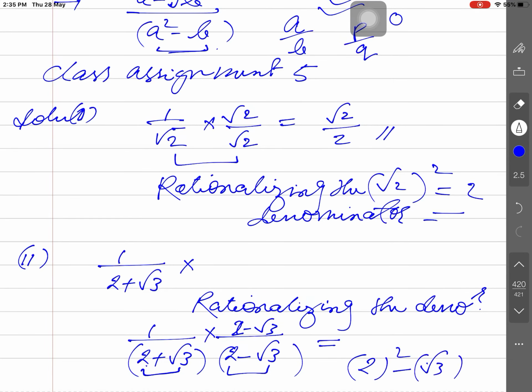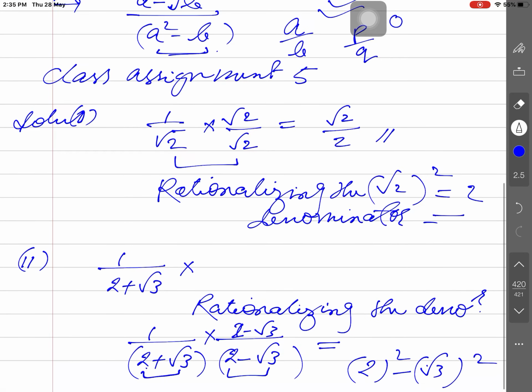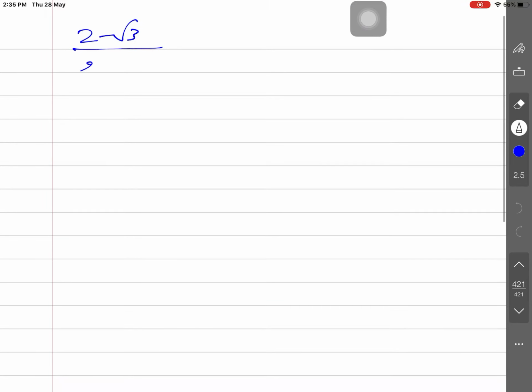You just know here this. Initially you are writing this, but later when you will be perfect in that, you will not write it. Is that clear? Again and again, because you will have learnt completely the concept of rationalization. 2 minus root 3 is also there, and what is there?